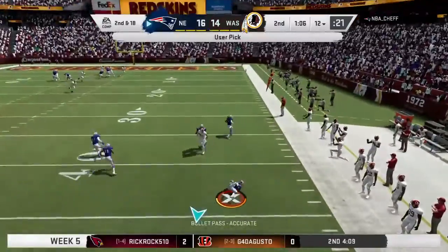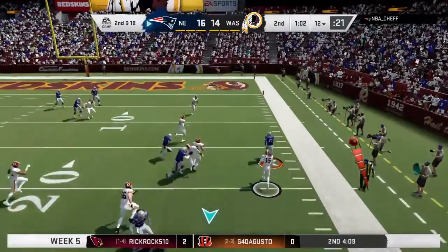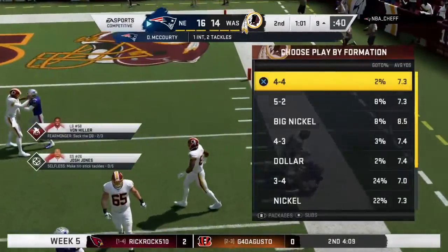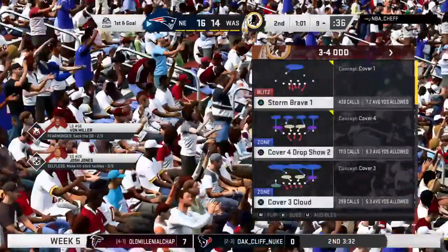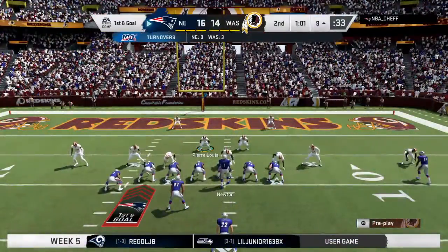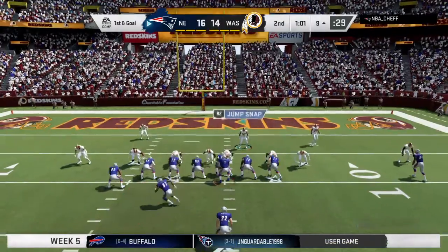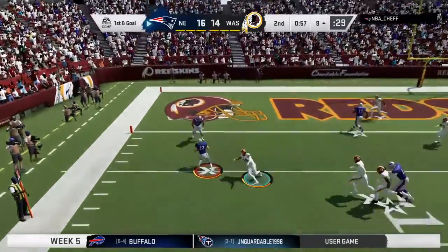And for the third time here this half, it's intercepted. Devin McCourty picks it off. And they will finally run him down, but not until he brings this one all the way back down inside the 10-yard line. Boy, so another interception. It feels like he's starting to unravel a little bit. And as you would expect, still a work in progress here in his second season. He has to start ironing out some of these mistakes, though, because now his head coach, his offensive coaches, and